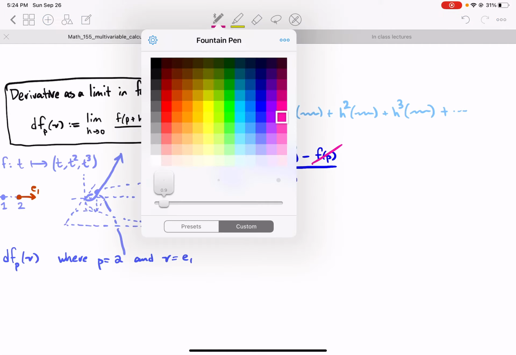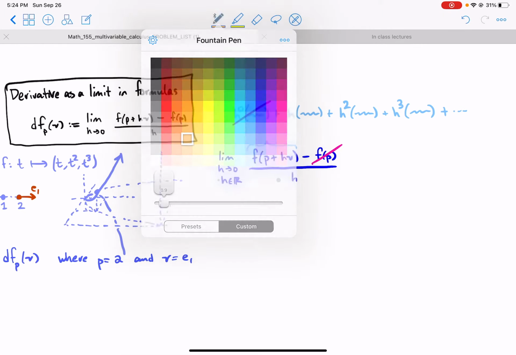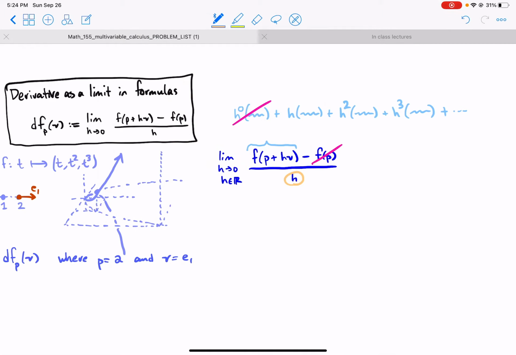Then this h down here, this dividing by just the real number h, will come through and it'll cancel this h, make it into a 1. It'll cancel this h squared, make it into just an h. I'm just dividing by h. So h to the third becomes h squared, etc. So now we've divided by h. So the subtraction here got rid of this constant term. The dividing by h